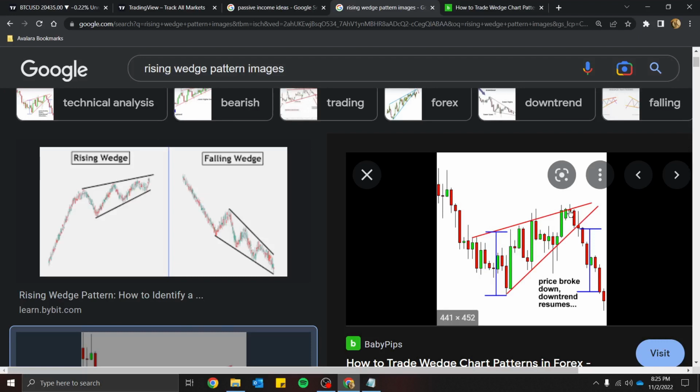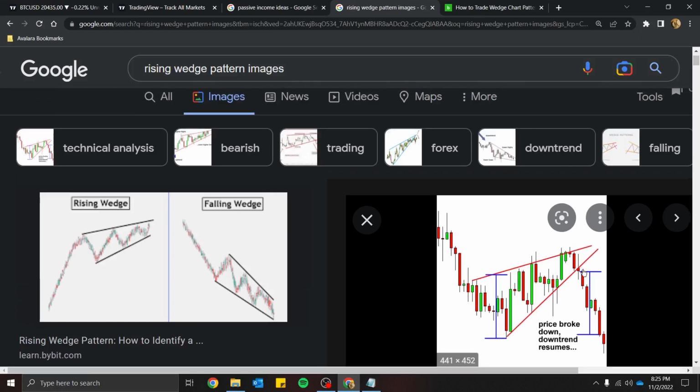As and when we see the first candle which breaks this trend line after 2 to 3 bounces, so this is the first bounce, this is the second bounce, this is the third bounce. It is not actually a bounce, it is the consolidation phase. As and when we see the first candle after 2 bounces breaking either this line or this line, we will see very fast and drastic momentum in either direction.